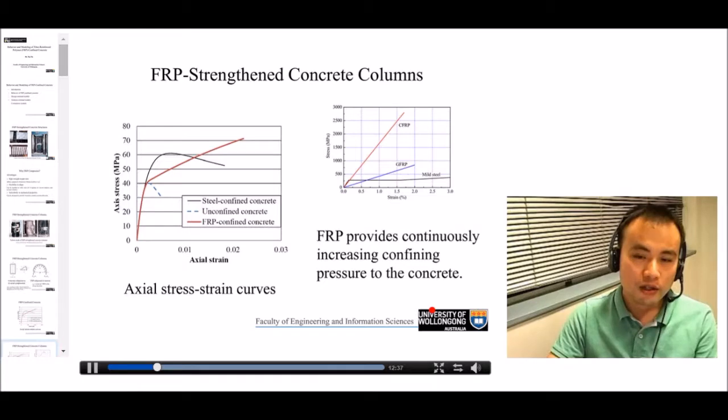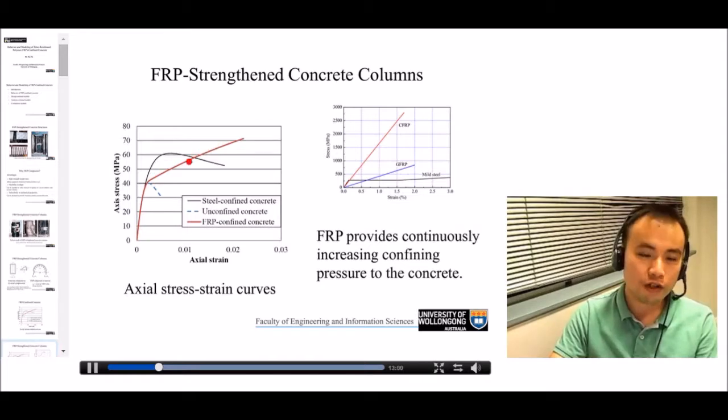It's because the confining materials, steel and FRP, have quite different material properties. For steel-confined concrete, when the steel is under hoop tension, it very quickly reaches yielding. After the yielding of steel, it provides a constant confining pressure to concrete. However, for FRP-confined concrete, because FRP is a linear elastic material, the confining pressure provided by the FRP continuously